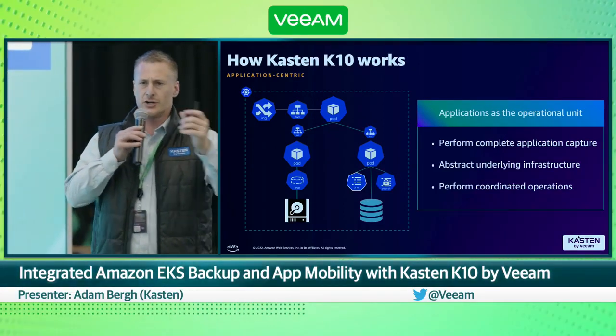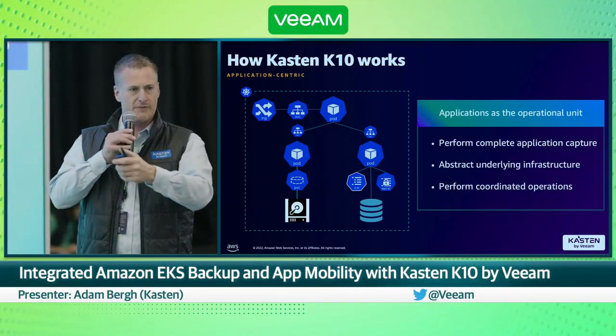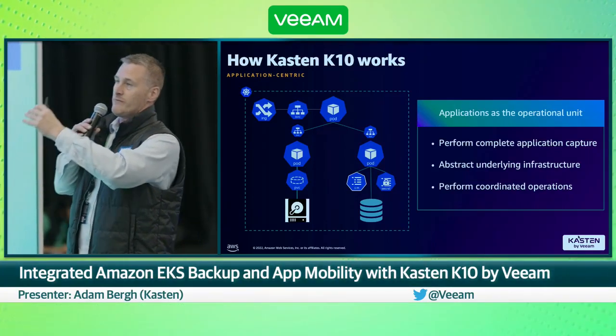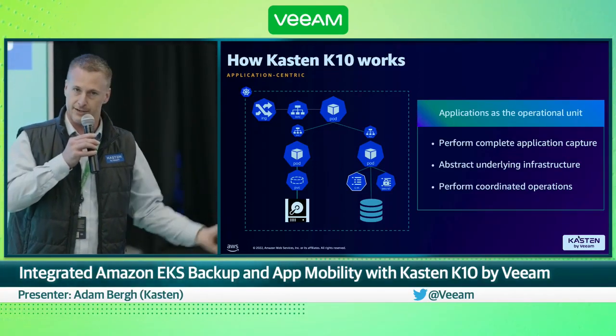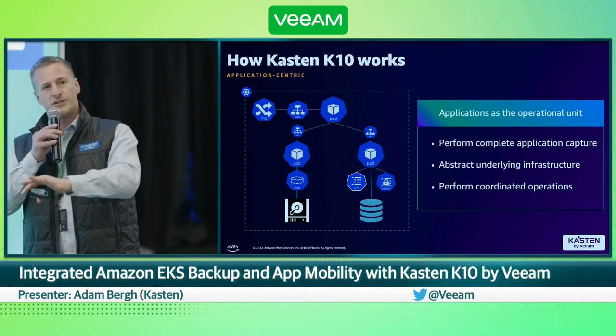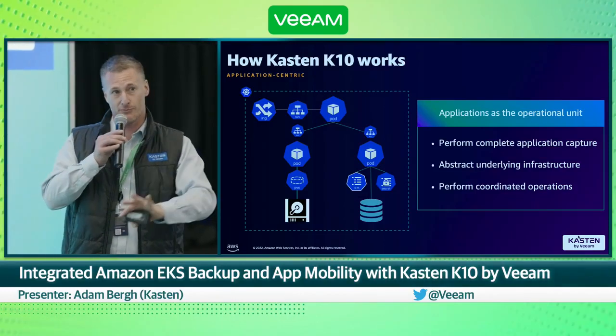We've got service configs, config maps, secrets. We've got our networking configuration. Of course, we've got our PVs and PVCs that we need to protect. But all of this is what makes up the application, right? Kasten knows how to put back the application when something goes wrong.